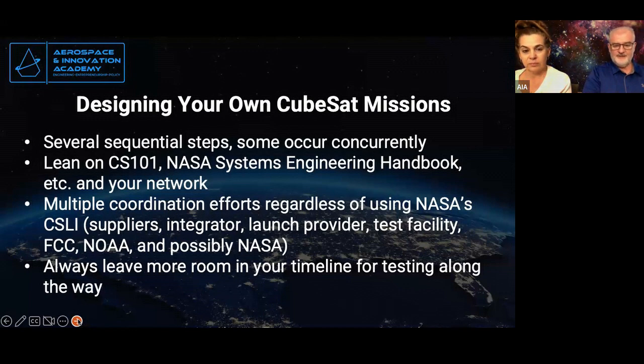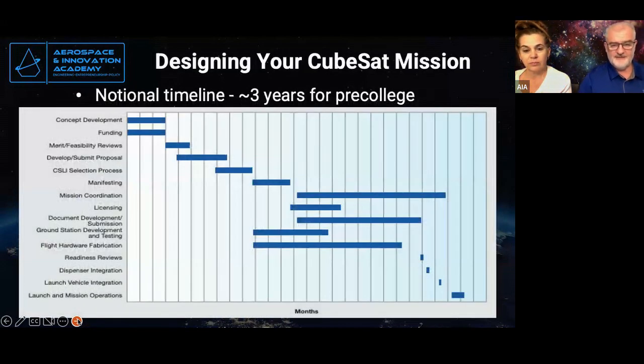All right, let's jump into it because we've got a number of steps. This is a notional timeline. I recommend at least 3 years for a pre-college mission. You can see the Gantt chart shows a number of sections that you need to complete. And you can see obviously that some of the bars vertically overlap with one another. So those would indicate